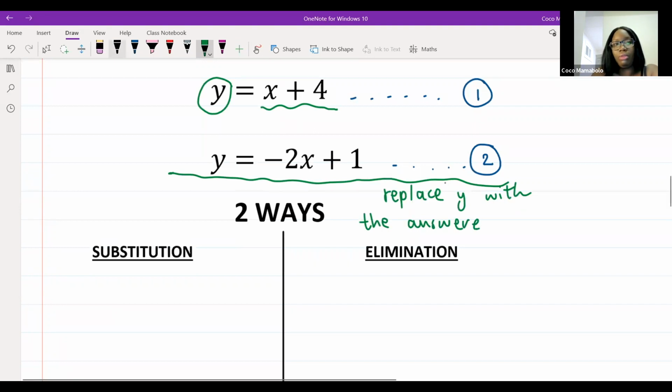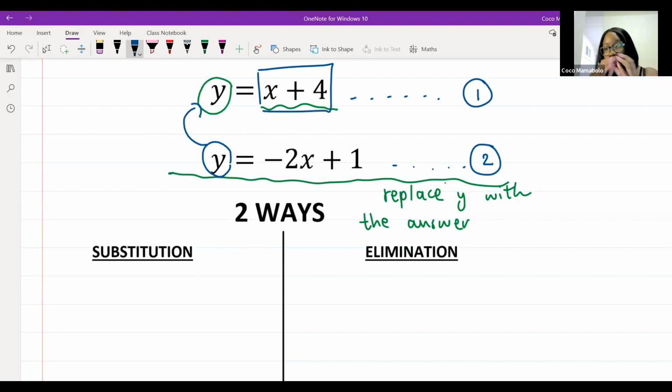I see that in my equation 2, there's a y over here, and I know that my y is equal to x plus 4. So I'm going to replace that y with x plus 4. But I need to do it in a way that makes mathematical sense,